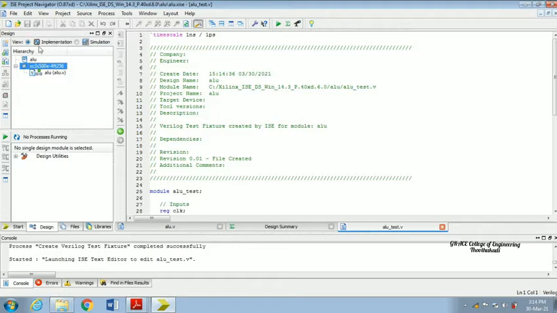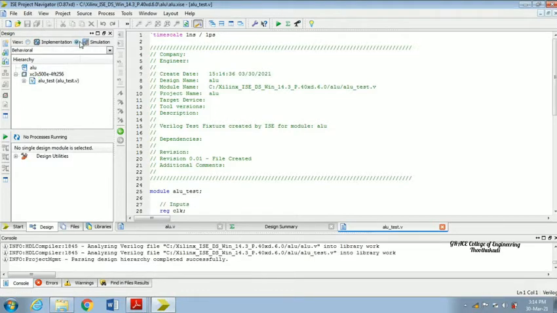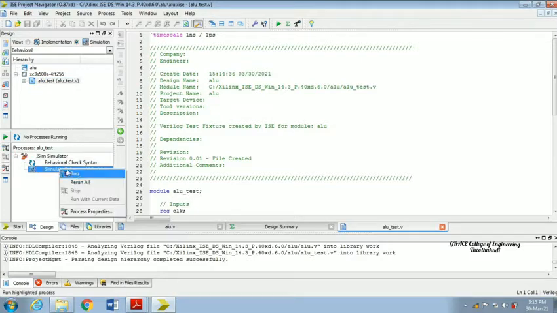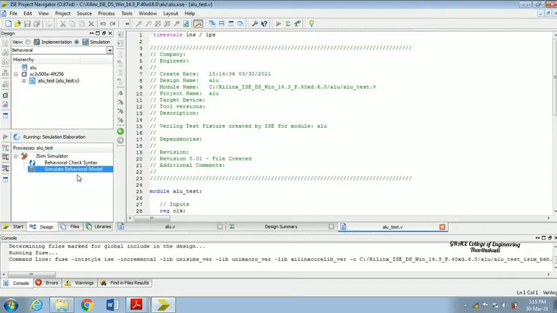Initially, while typing the code and checking the syntax, everything has to be done in implementation mode. Now I have to choose the simulation mode, and then check that the test bench file is added in this device. So it has been added, and then I'm going to highlight this, click iSim simulator, go for simulate behavioral model and click run.